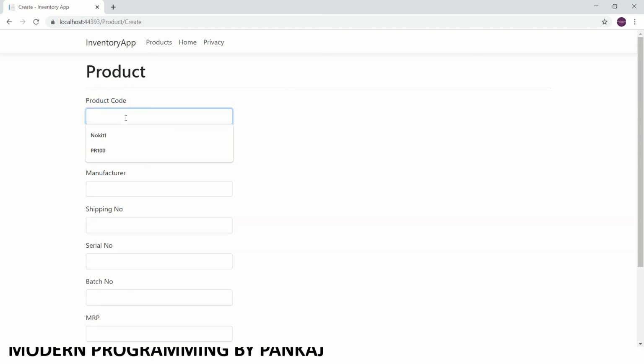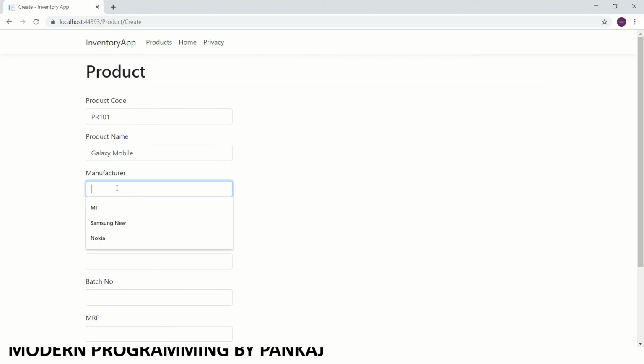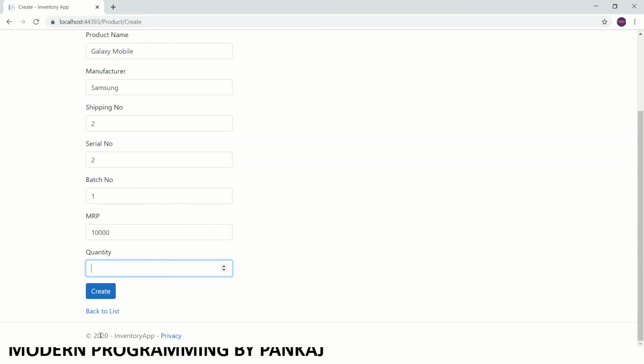Suppose you want to add one more product like 101, with shipping number 2, serial number also 2, batch number 1, MRP suppose 10,000, and quantity 1. Let's create it.